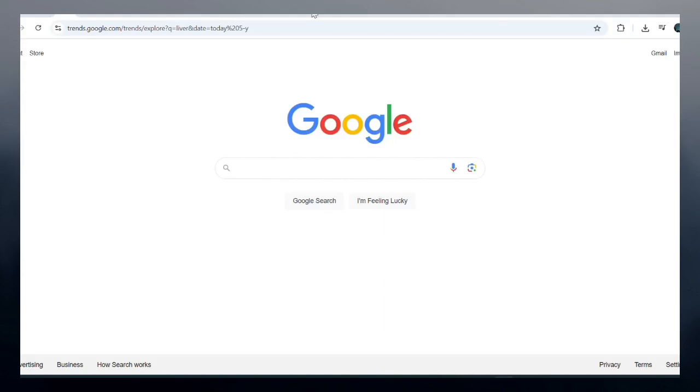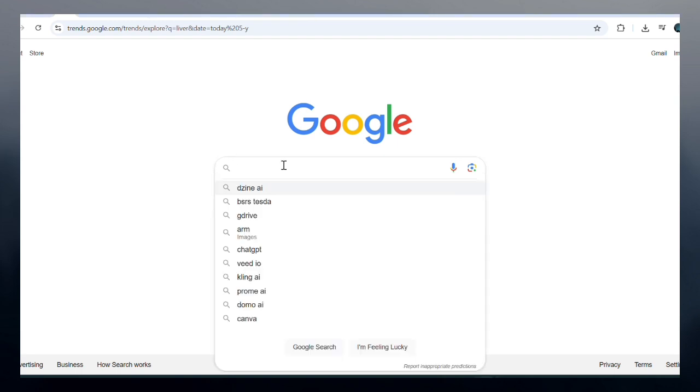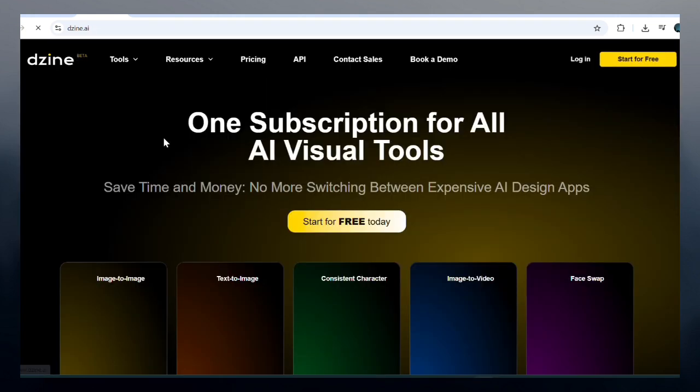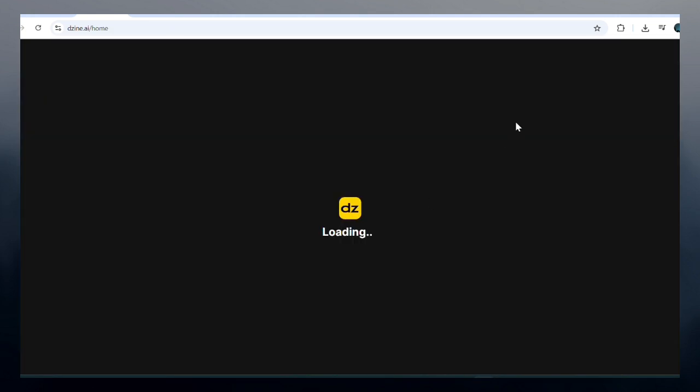Hi everyone, in this tutorial I'll show you how to get started with Dzine AI, your go-to platform for generating AI-powered image design and concept in just a few clicks. Let's get started. First, go to Dzine.ai using your browser, then click sign up or log in if you already